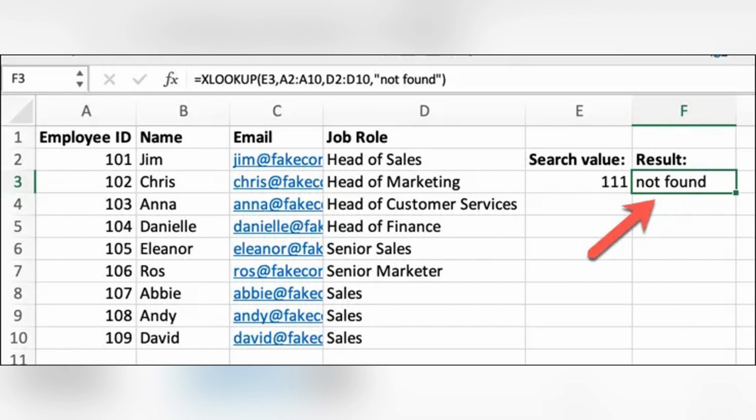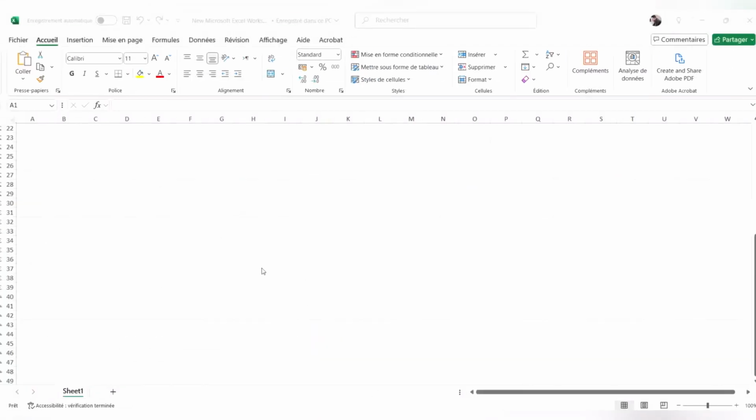At this stage, you can close the formula with a parenthesis and press Enter if you don't need any advanced options. And that's it,